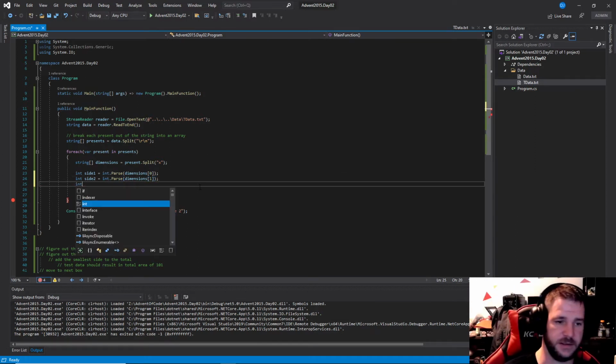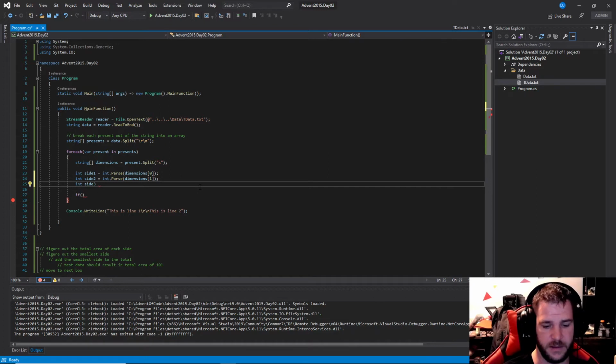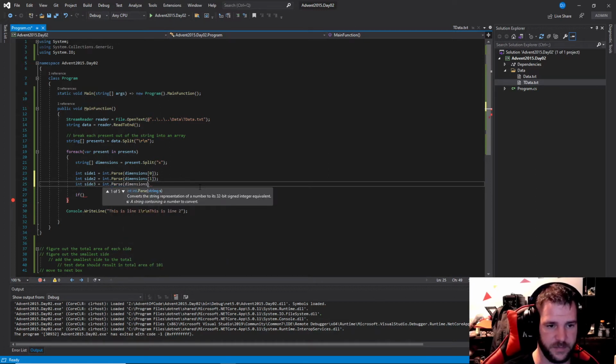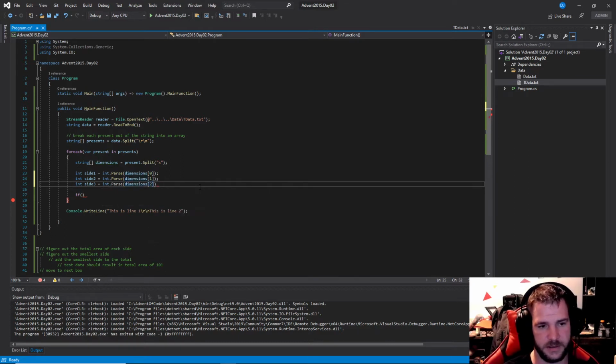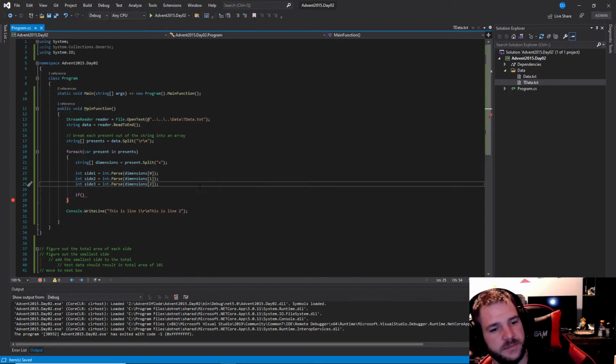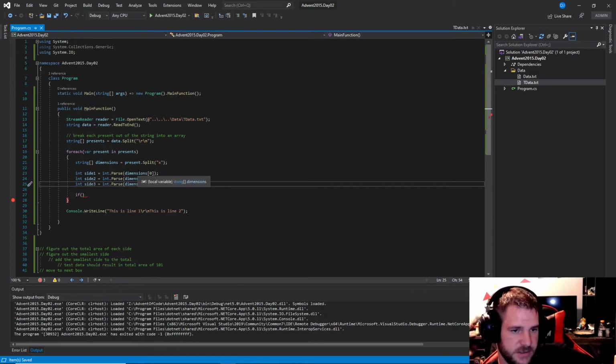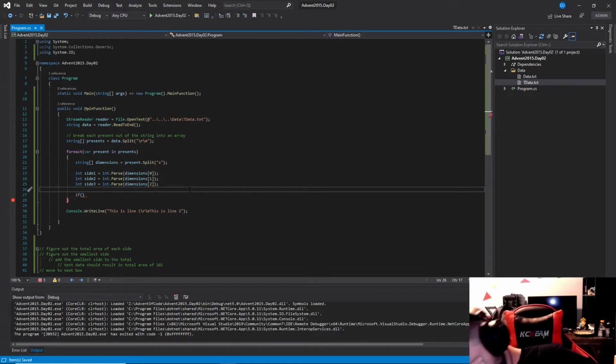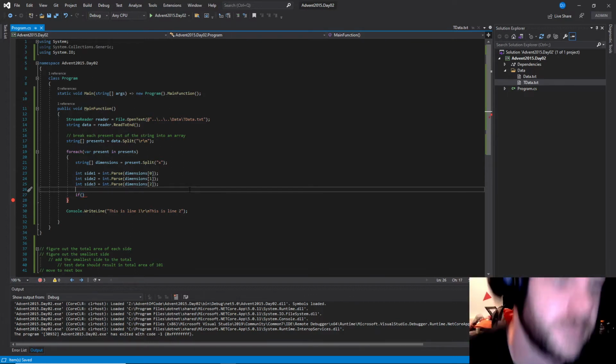And then int side 3 is int dot parse dimensions at index 2, which is the third number in the list or in the array. So, like I said, you're taking those strings from this dimensions and turning them into integers and giving them to an integer variable. Now,